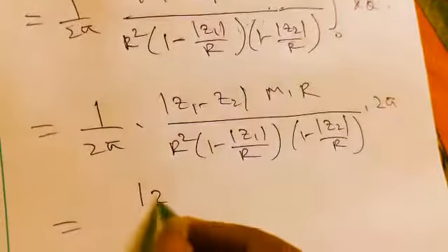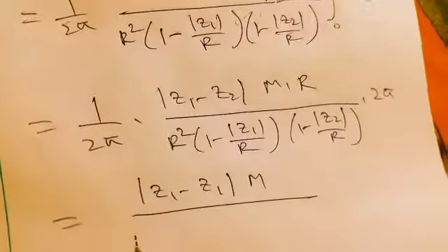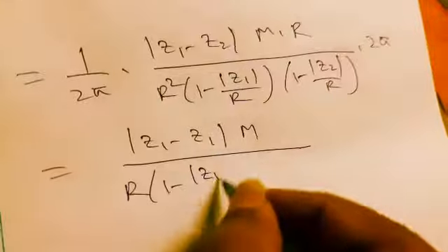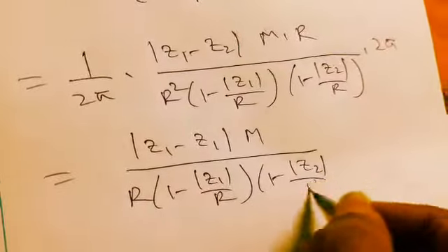So 2 pi will be cancelled and R also cancelled, so mod of z1 minus z2 into M by R into (1 minus mod of z1 by R) into (1 minus mod of z2 by R),